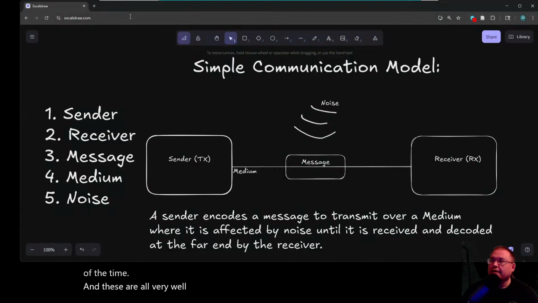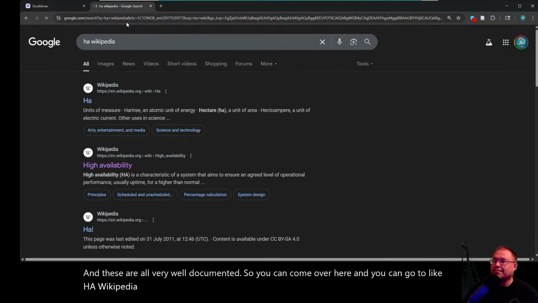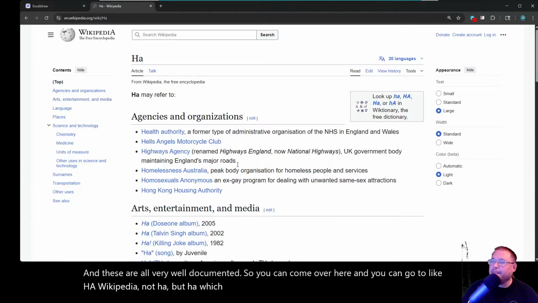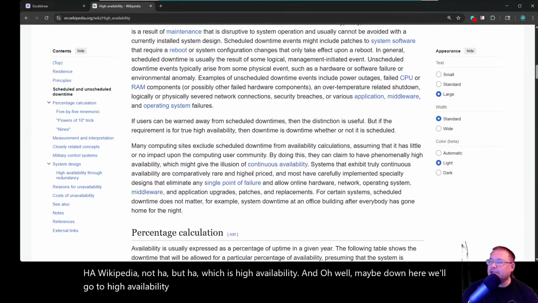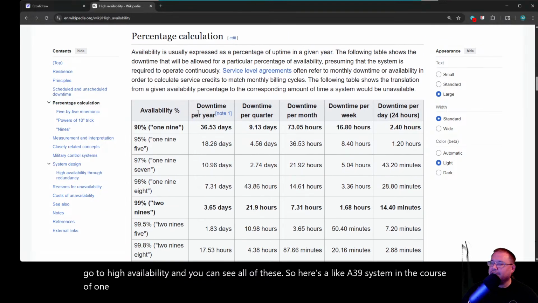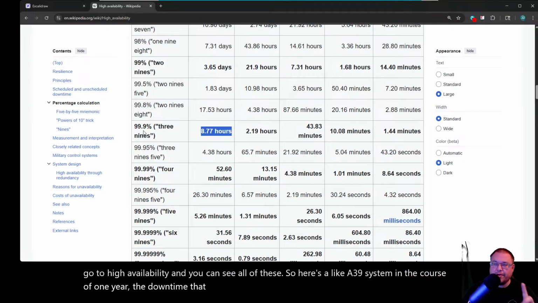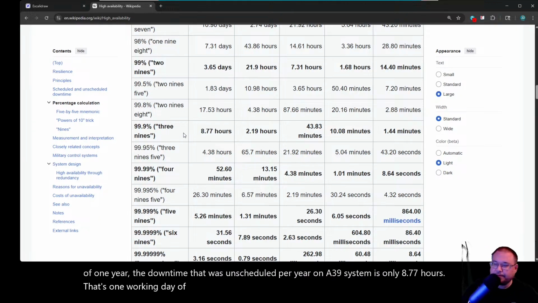So you can go to Wikipedia, to HA, which is high availability, and you can see all of these. So here's a 3.9 system. In the course of 1 year, the unscheduled downtime on a 3.9 system is only 8.77 hours. That's one working day of downtime for a system.